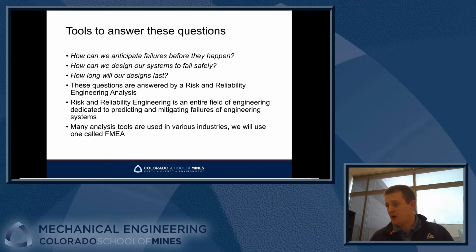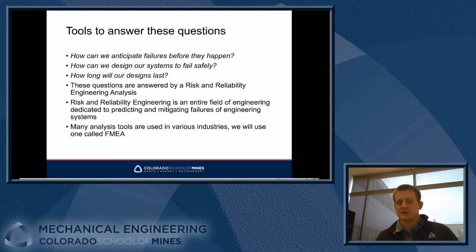So looking at complex engineering systems, figuring out how they're going to fail, what the likely failure modes are, and then figuring out ways to mitigate those and make sure that those engineering systems are as safe as possible. There's a ton of analysis tools used in various industries that are part of risk and reliability engineering, or kind of under that field. We're going to use a specific one of those tools called failure modes and effects analysis,